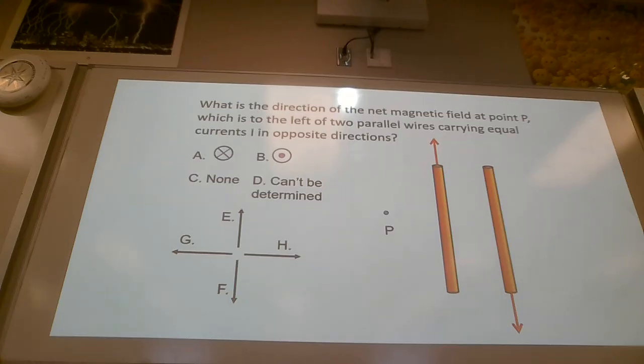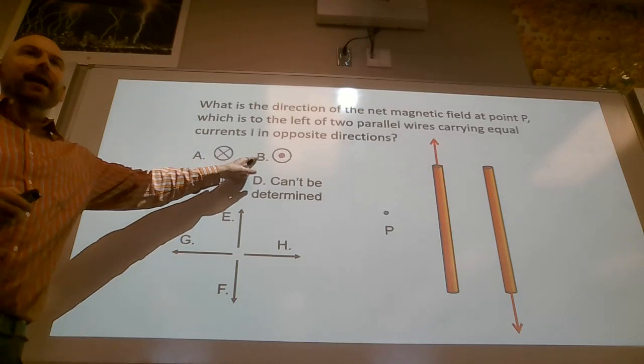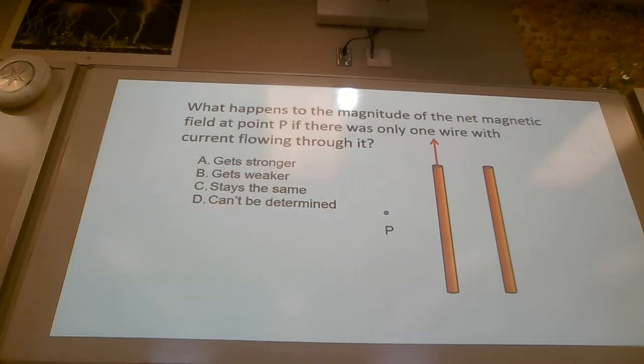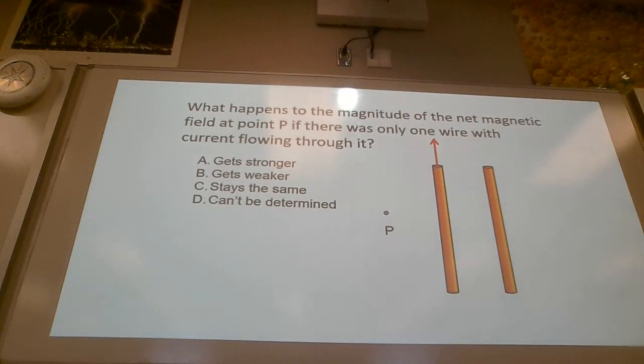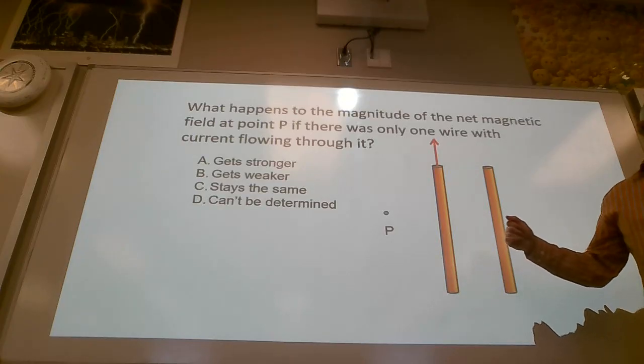Correct answer is B. And then if we turned off the current in the right-hand wire again, tell your neighbor why you think so. The other side is going down, so the farther away it gets, the weaker it is, but it's still effective. Okay. Correct answer is